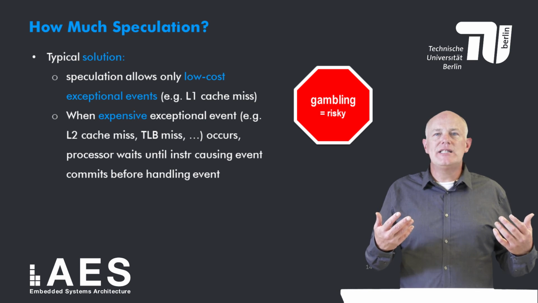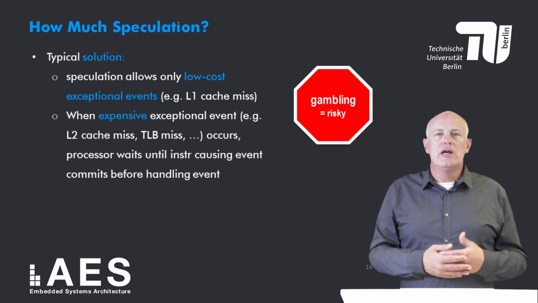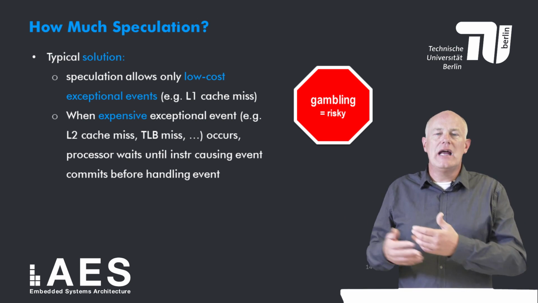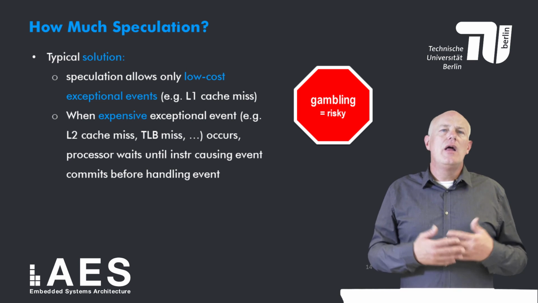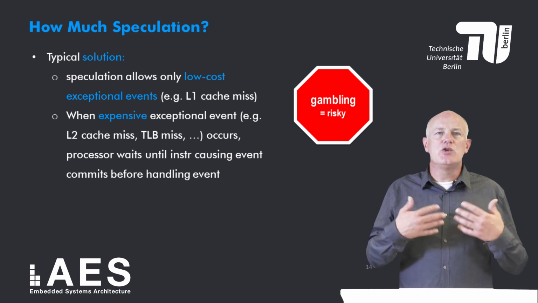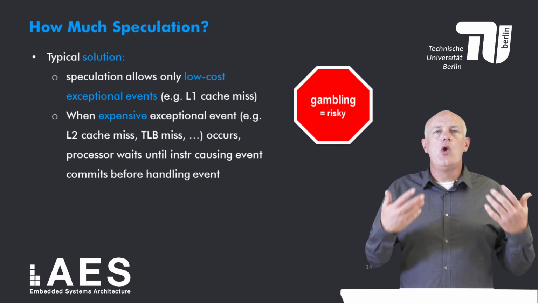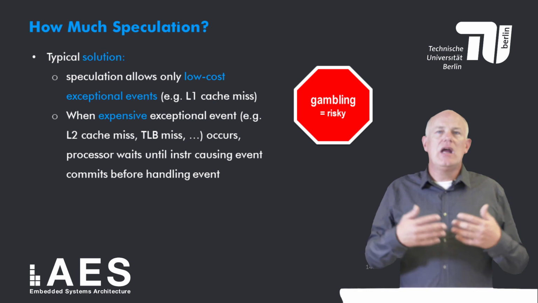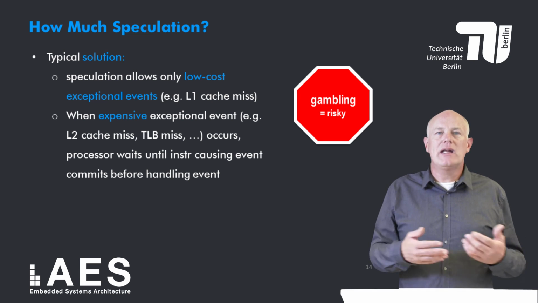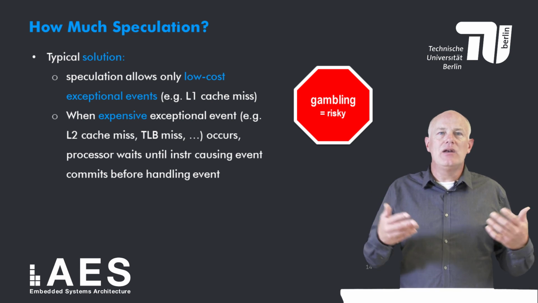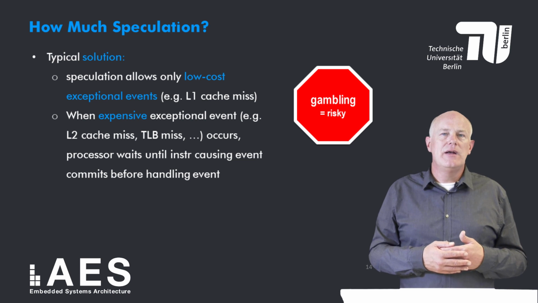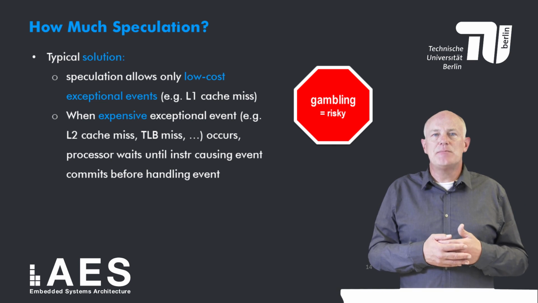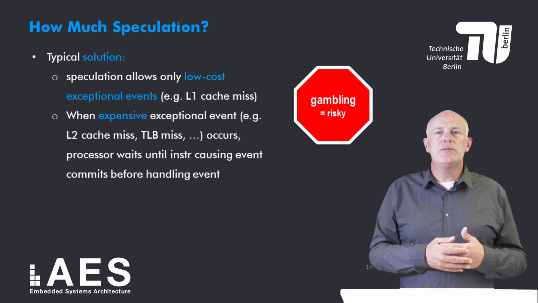This brings me to the question, how much to speculate? Should we continue the execution of a speculative instruction when it causes an exceptional event or not? The typical solution to this dilemma is to speculate only on low-cost exceptional events, such as level 1 cache misses. If a speculative load causes an L1 cache miss, then the miss is handled by loading the data from the L2 cache. If, however, the speculative instruction causes an expensive exceptional event, such as an L2 cache miss, a TLB